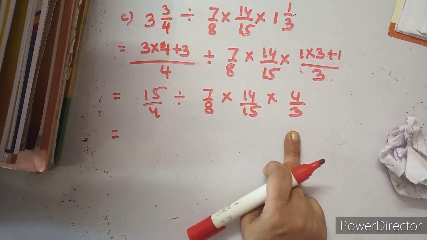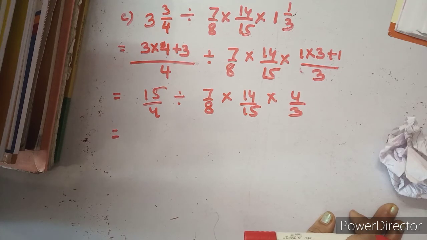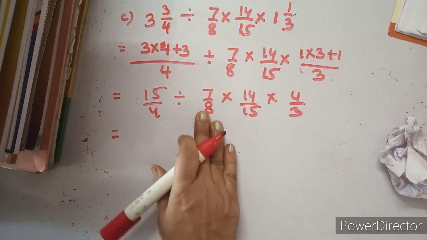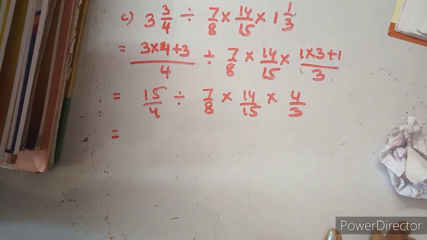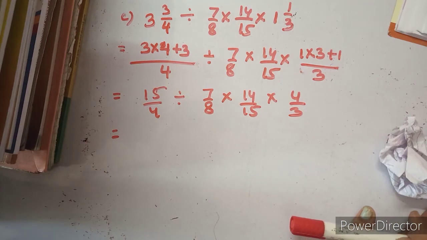So in my previous sum, what I did is I have just cancelled out the numbers. So that will be difficult for you because big numbers will come up. So again I am showing you the simple way, that is don't cancel out. Okay, so don't cancel out the numbers. So here, the cancelling that I showed you, don't cancel it, because the numbers become big, so that will be difficult for you to calculate.